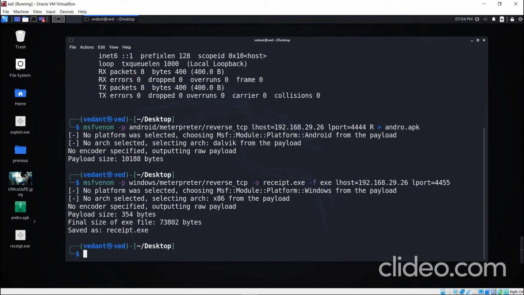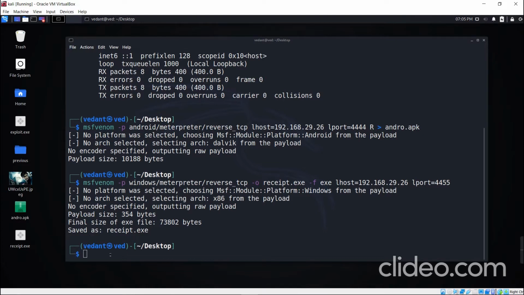We can see that another payload is being created. Now these are the two payloads that we are going to insert into our website's database so that the victims on a network similar to mine can download these, and once they download or try to open this, they will be under my PC's control. This is all for part one.